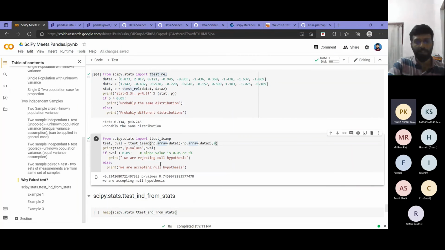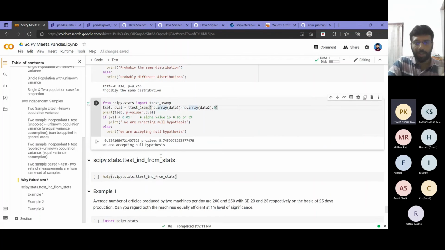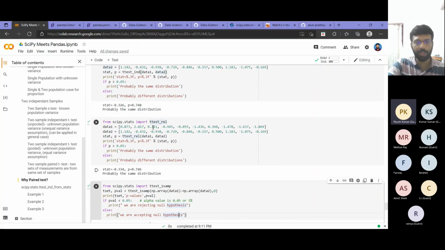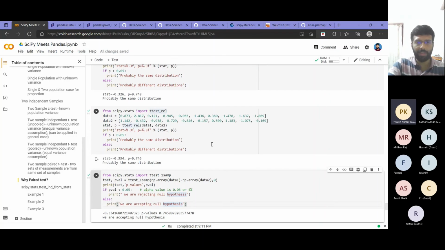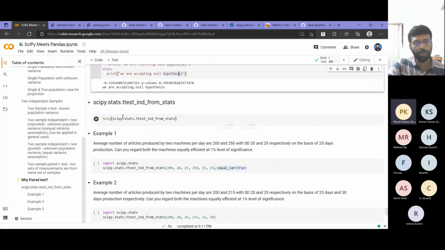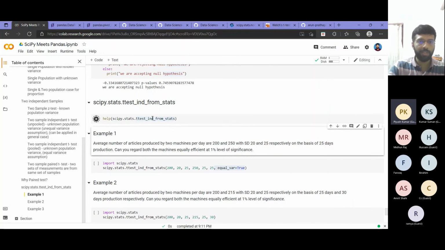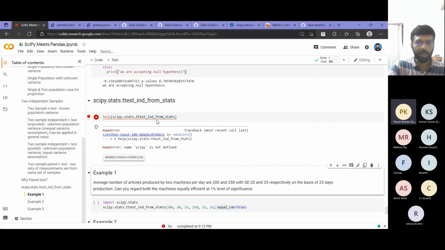What we covered, we were given the samples, right? So we were given like 10 samples, 100 samples. But in exams, mostly MCQ exams, you will be given some values, like this is the mean of the population, this is the variance, this is the proportion. You may be given samples, but mostly you will be given the statistics rather than the samples itself, right? So in that case, you can use what is called a t-test independent from statistics.